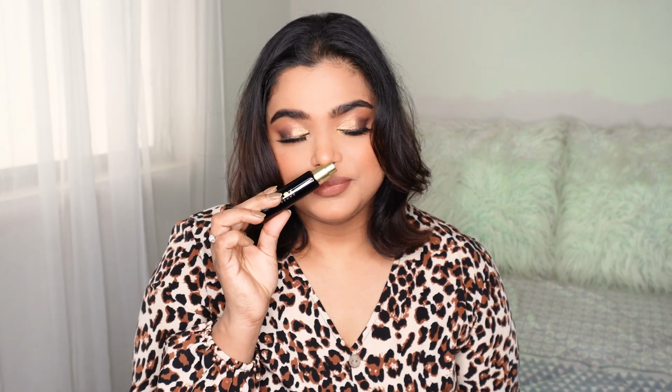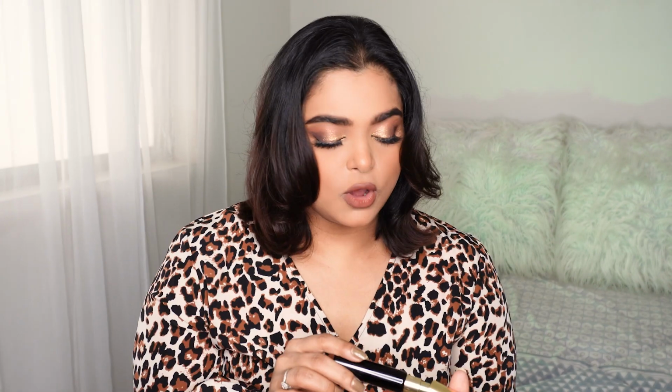I have tried it the most on my skin, I think, because this was the most expensive, and I was really trying to crack this fragrance, what it is all about. So this fragrance is super sweet. It has a very soft spiciness in the opening, but then the rose that is there in it,